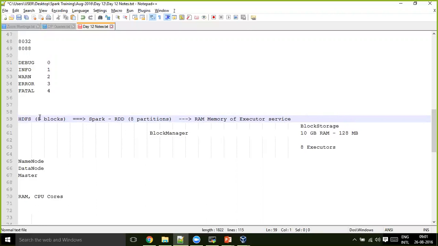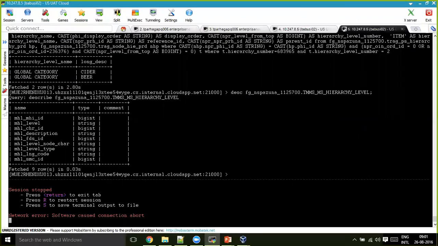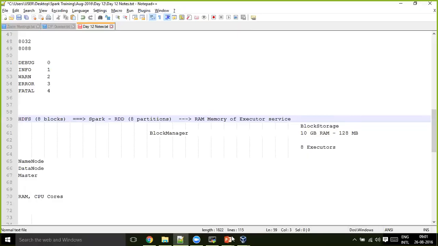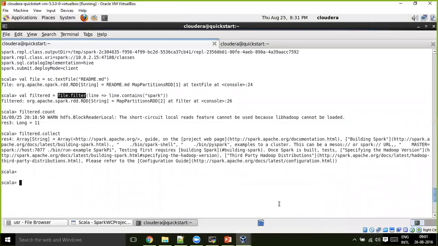Consider your data is present in HDFS. So when you say sc.textFile of readme.md, this time the entire file contents will not get loaded into the RDD. It just creates an RDD variable with strings.